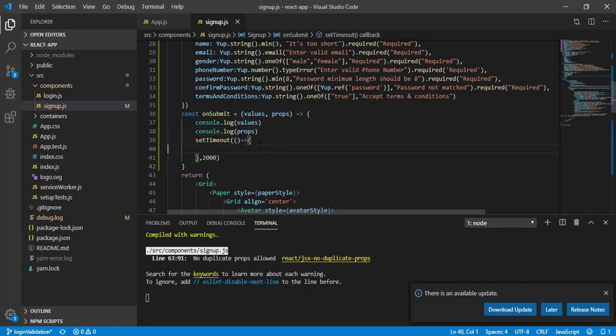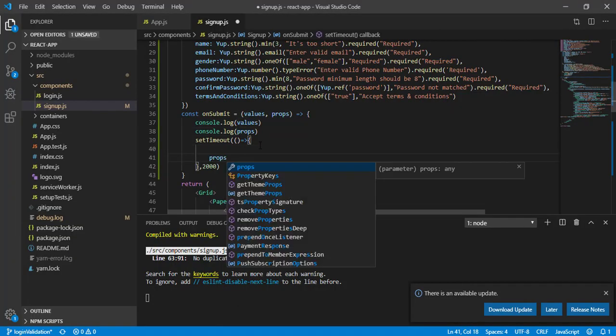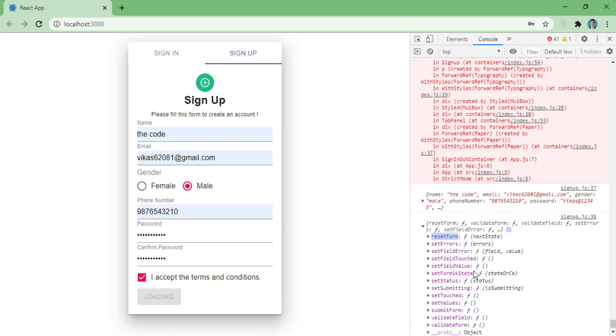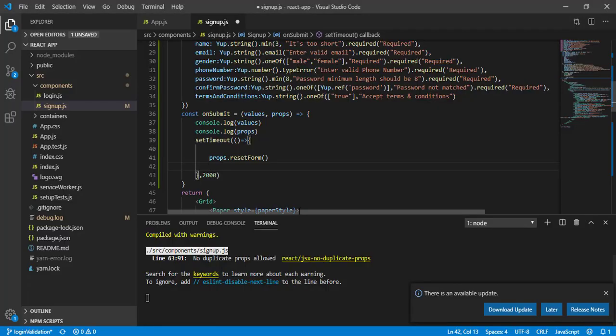So we will call this after 2 seconds, props dot resetForm, and next what we want to do is, you can see here setSubmitting. We will make this value false. Props dot setSubmitting, make it false.